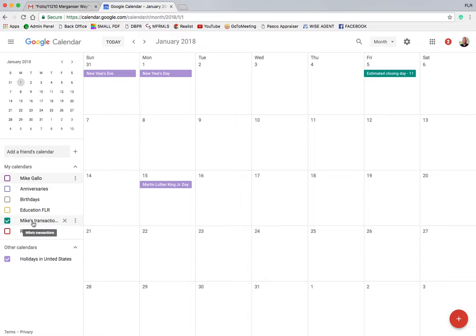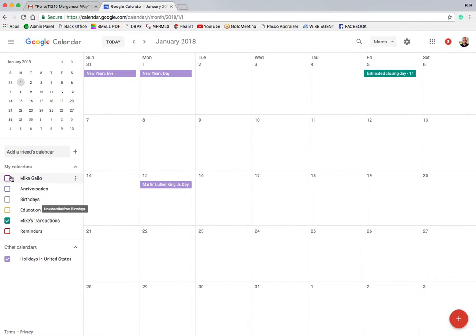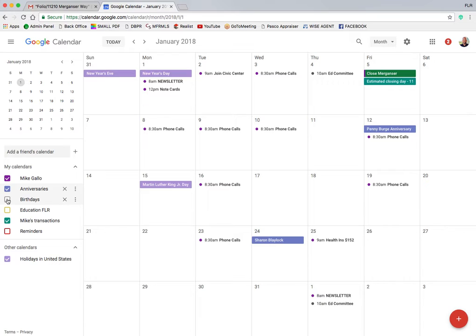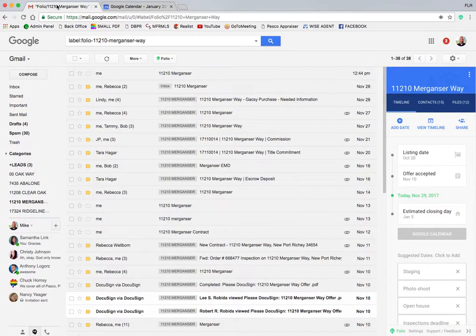Okay. So right here where it says Mike's Transactions, that's a calendar in my Google Calendar set up by Folio. So the timeline will show up in this color. And of course, just like any other folder in Gmail, you can change the way the color is. Let me just put all these back. So as you create that timeline for your transaction, it's going to add those events to your Google Calendar. How super awesome is that? So